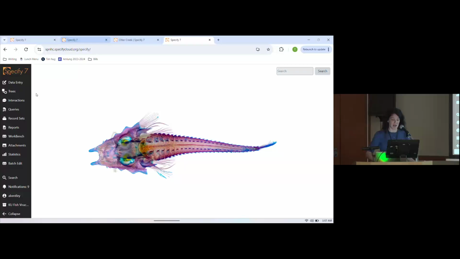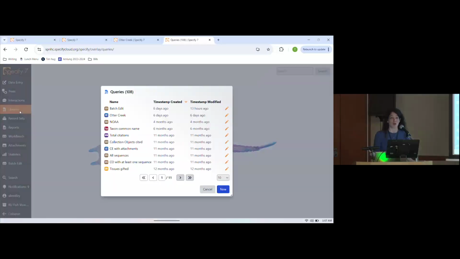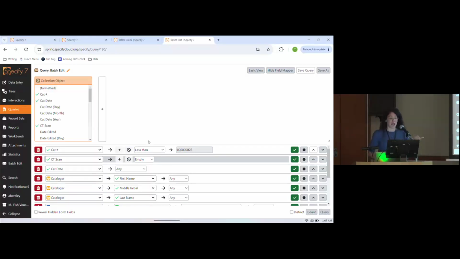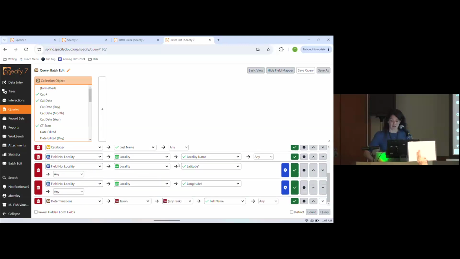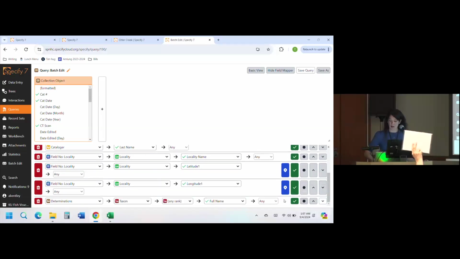So how you do that is first you create your query. And your query is going to be all of the fields that either you want to edit, or that's going to help narrow down what you're editing, or you just want to see when you're doing your edit. So once you've created your query of all the fields you want,